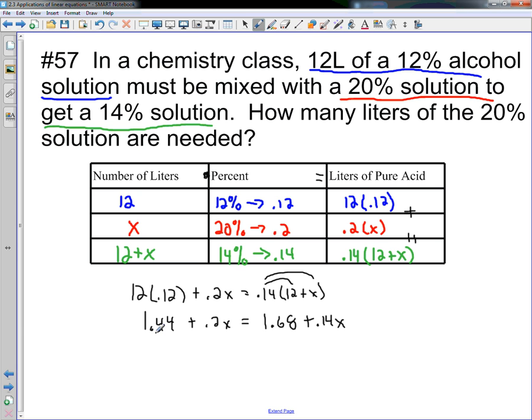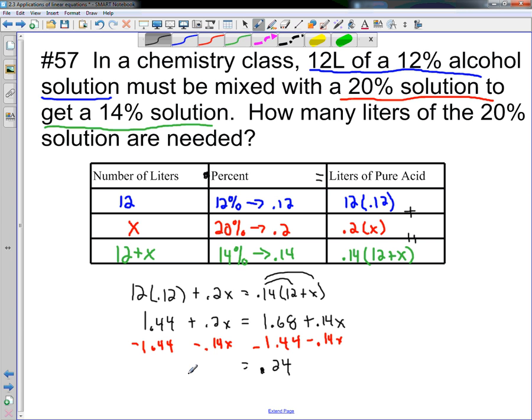Now we go ahead and move things to the correct side of the equal sign. I'm going to subtract over the 1.44, so minus 1.44, and that's going to give me 0.24, and then we'll subtract over the 0.14x, minus 0.14x, and we get, remember to add your 0, we get